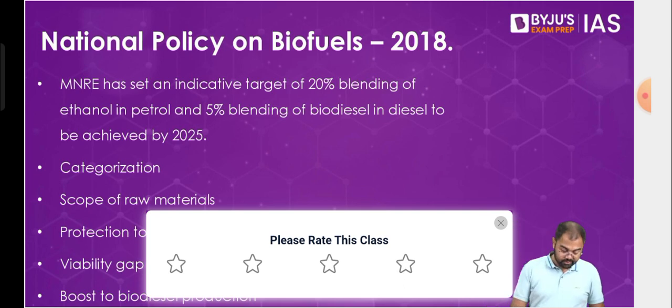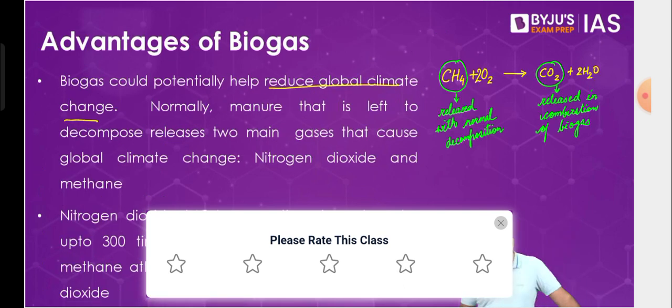Please re-explain the second point. Which second point? Are you talking about the advantage, second point? Please confirm this, I'm confused. One time you said reduce climate change, second time release methane. So what I'm saying is that in case of having a positive impact on the environment, we know that methane as a greenhouse gas is far worse as compared to carbon dioxide. So that's why releasing methane will never be preferred. We'll always prefer releasing carbon dioxide instead of releasing methane if they are in the same amount.